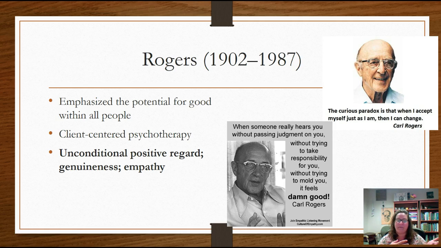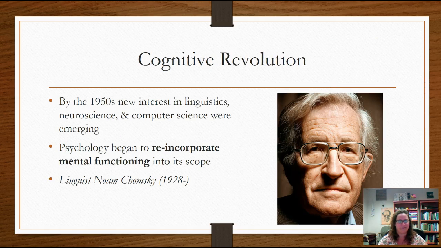But he would help them do that by modeling certain things. Unconditional positive regard. He would view them as a person, as a human. He would view them as someone who is worthy of love, no matter what they did or said. You'd be very genuine with the person, so not wearing a mask, but just speaking one's true feelings, and would show them a great deal of empathy. So Carl Rogers is someone who, if you do end up studying counseling or clinical psych, you'll definitely review Carl Rogers. So kind of moving along in our history, the cognitive revolution, by the 1950s, we started having more of an interest again in that mental functioning.